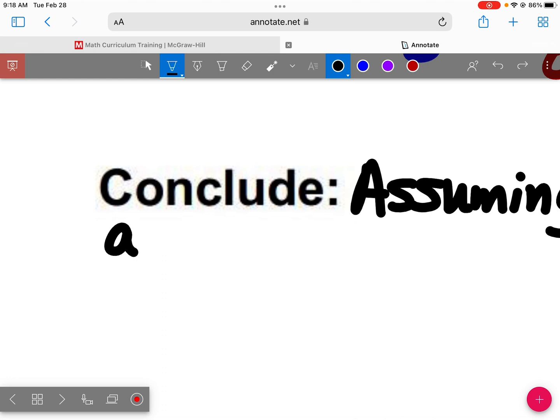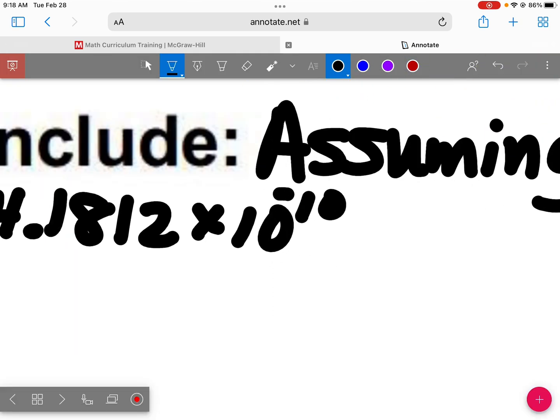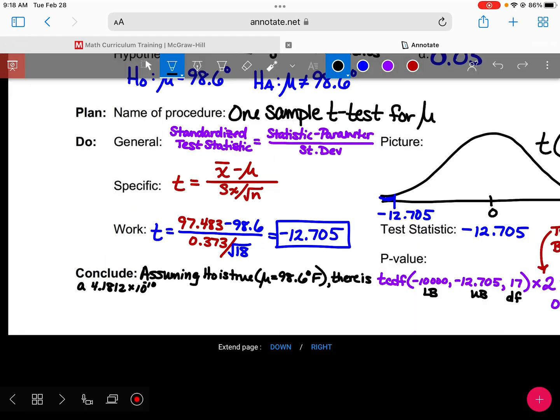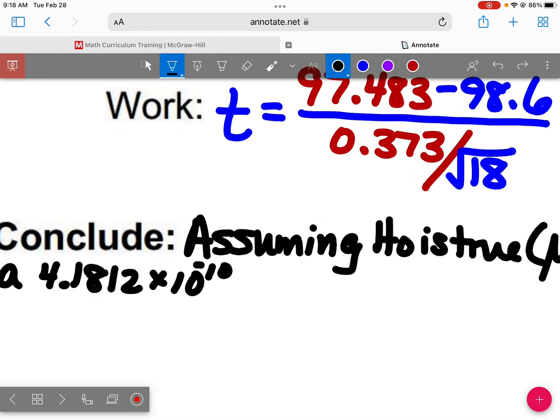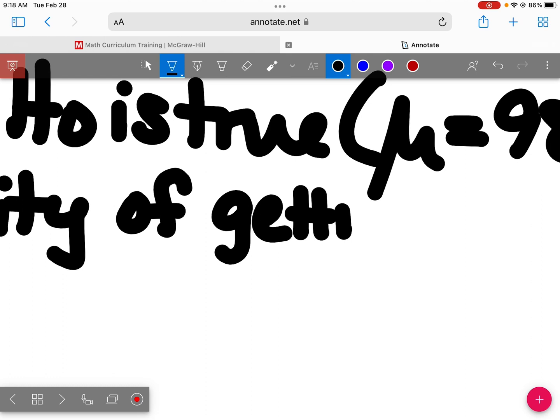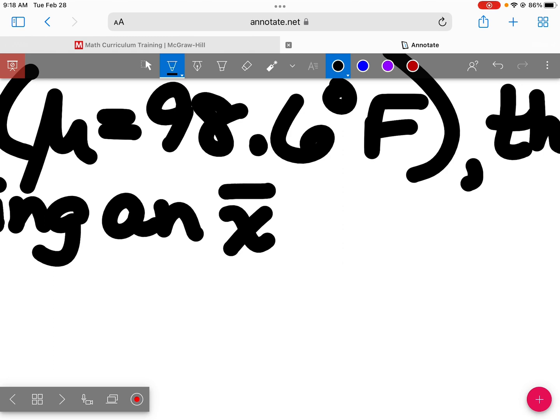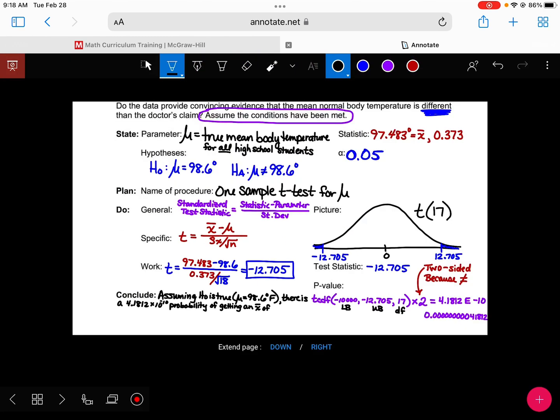I'm going to write it out in scientific notation because it's times 10 to the 10th. Sorry, 10 to the negative 10th, my bad. Probability of getting an X bar of 97.483 or lower